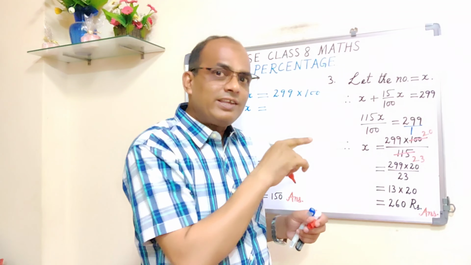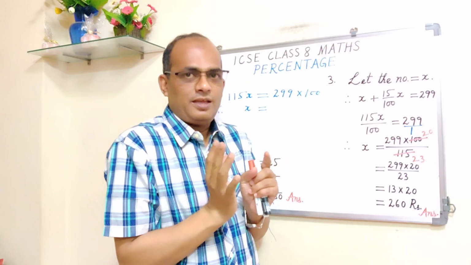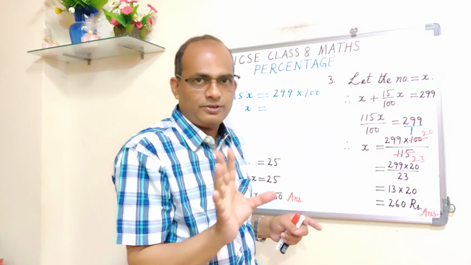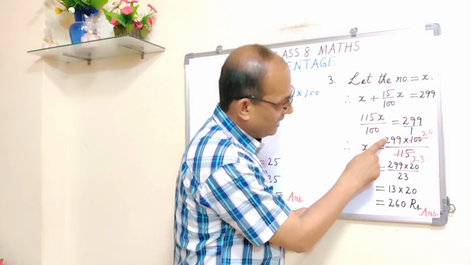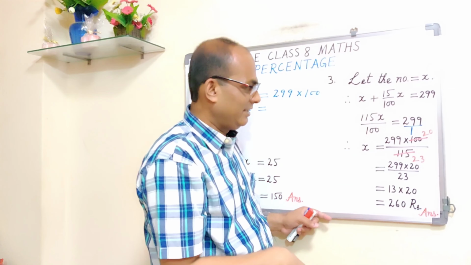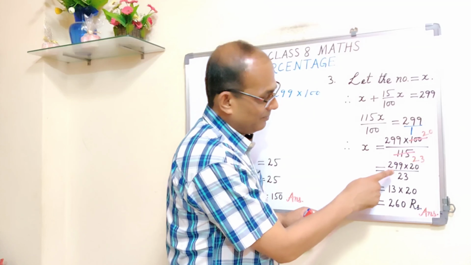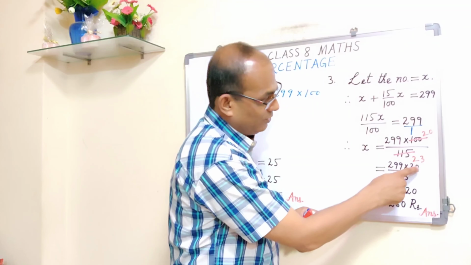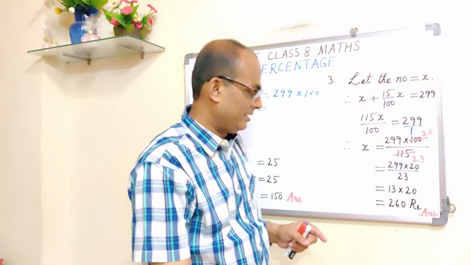Now how much is remaining? One more cancellation I am not doing there, because I think it will become very busy. Though at least 2 cancellations you can do. I didn't do it. I have noted down 299 multiplied by 20, 299 as it is, 20 as it is, and down 23. Now again I am doing cancellation. I am cancelling out this 299 by 23. 23 13s are 299. So I am getting 13 here and 20 as it is. Alright. So 13 multiplied by 20 gives you 260.